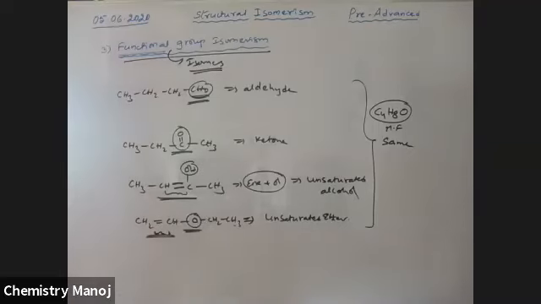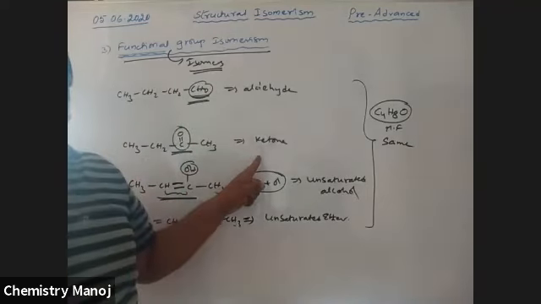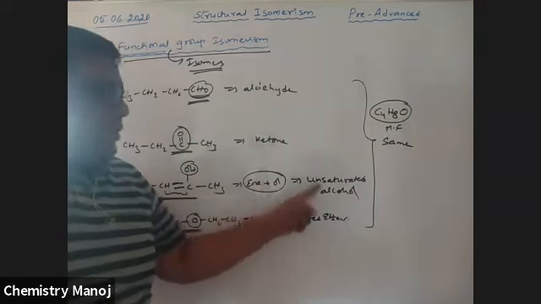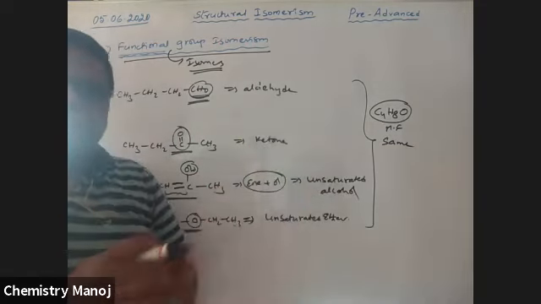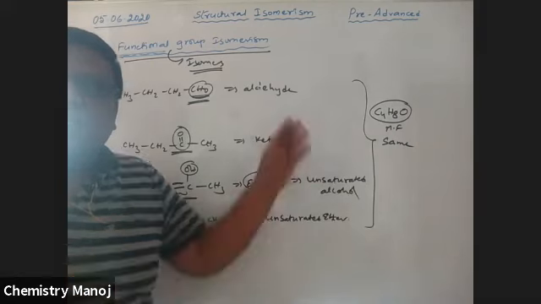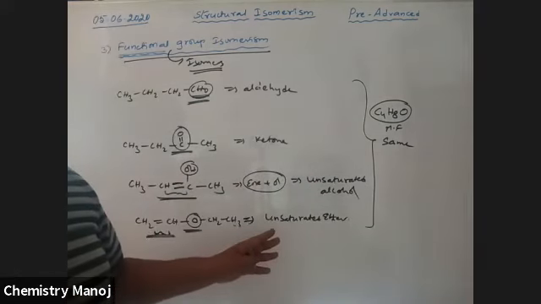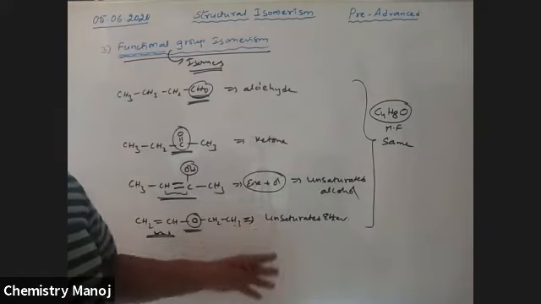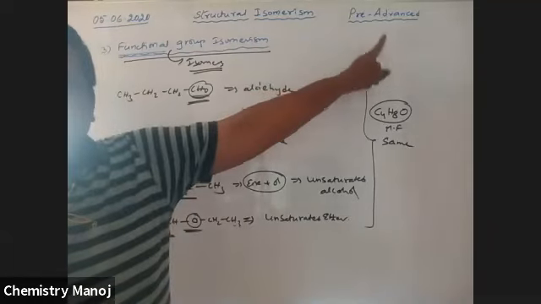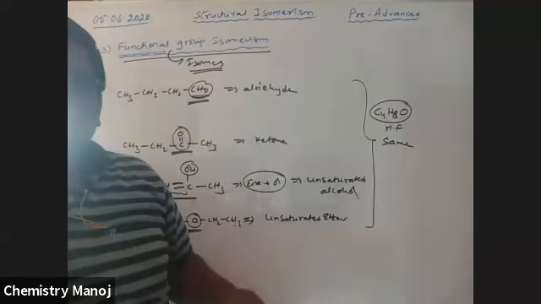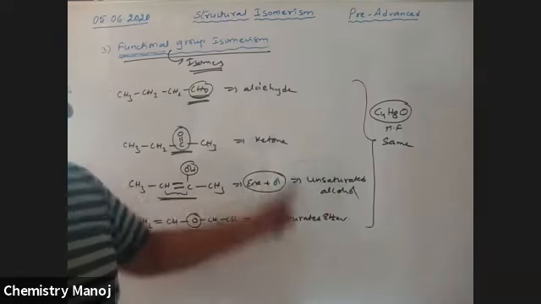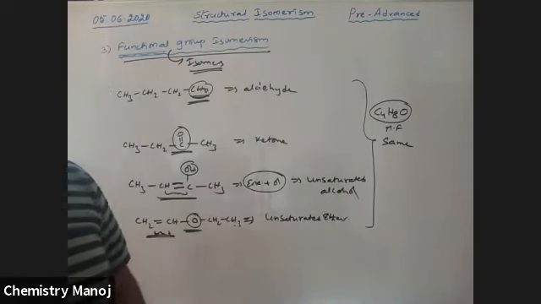Functional group isomers: the molecular formula is the same, but the functional groups are different. That's why an aldehyde can change to a ketone, or a ketone into an aldehyde, without the molecular formula changing. One class of compound is converted into another; interconversions are possible. But an aldehyde does not change to a carboxylic acid like that. So only this class of compounds is considered functional isomers.